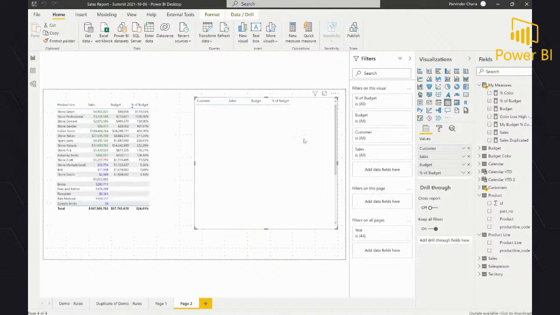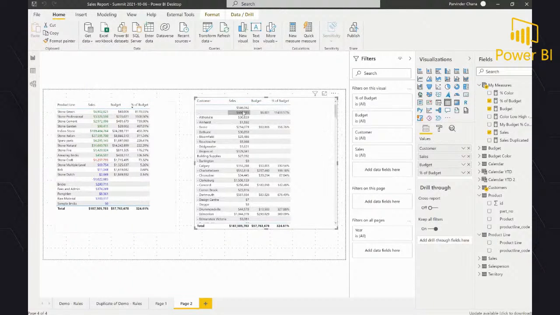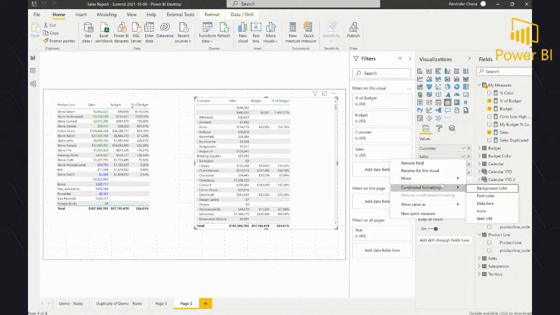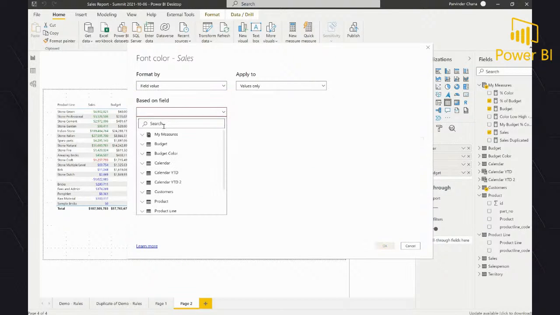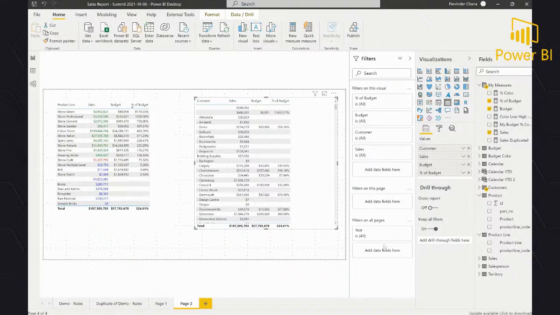And one advantage is now the same thing I want to apply here. This is my showing the data by customer. I don't need to reapply all the rules and all the stuff because my percent of budget has been already calculated. So I can go in the font color, and now I go to field value and my budget percentage color, and boom, right?